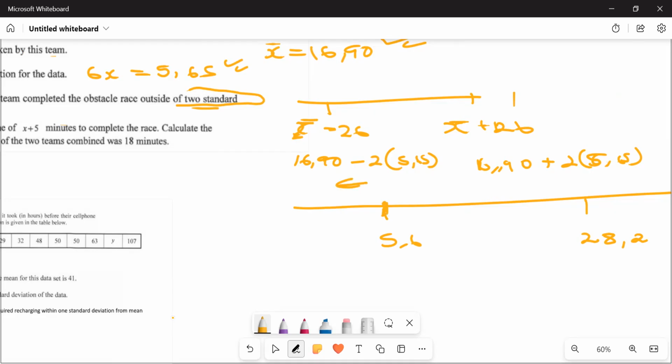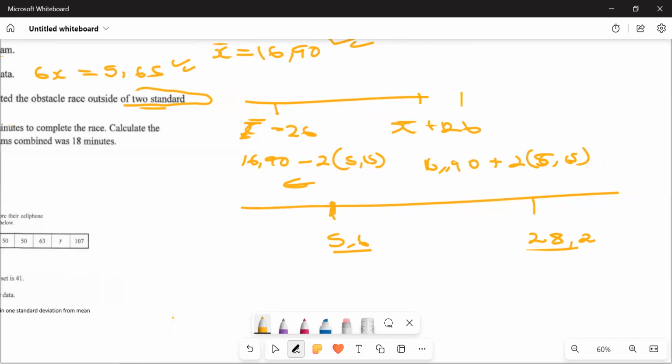Can you give me an example of a value which is below 5,6? 4 can be below 5,6 again. And then there are values which are going to be within. What do I mean when I say within? It means the value is between 5,6 and 28,2. So that value is within. Can you give me a value which is within? 5,7 is within again, and then you can also say 20. 20 is within again. But anything above 28, if we go to 29, 29 is going to appear above